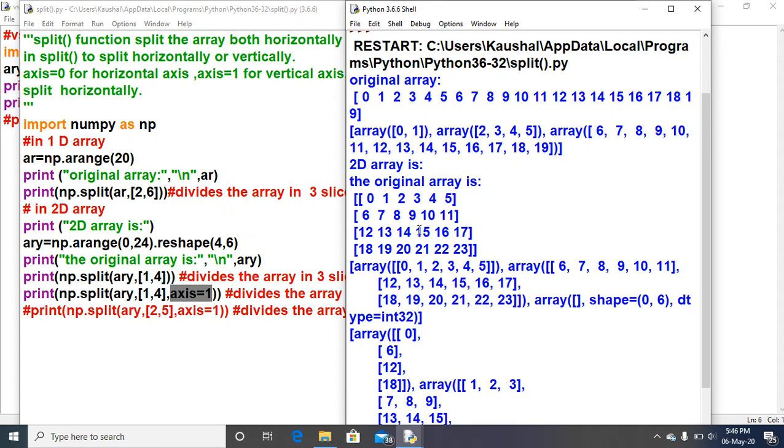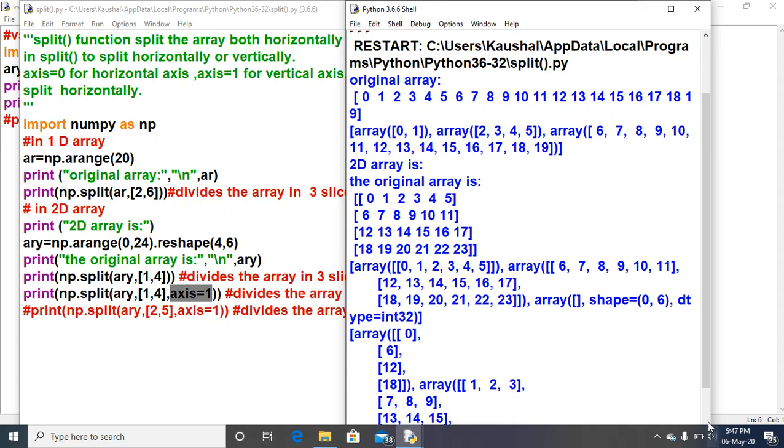So this particular array is splitting into, first splitting will be 0 to 1, that is 0, 6, 12, 18. This is the first column value, first vertical value. The next will be 1 to 4. So 1, 2, 3.